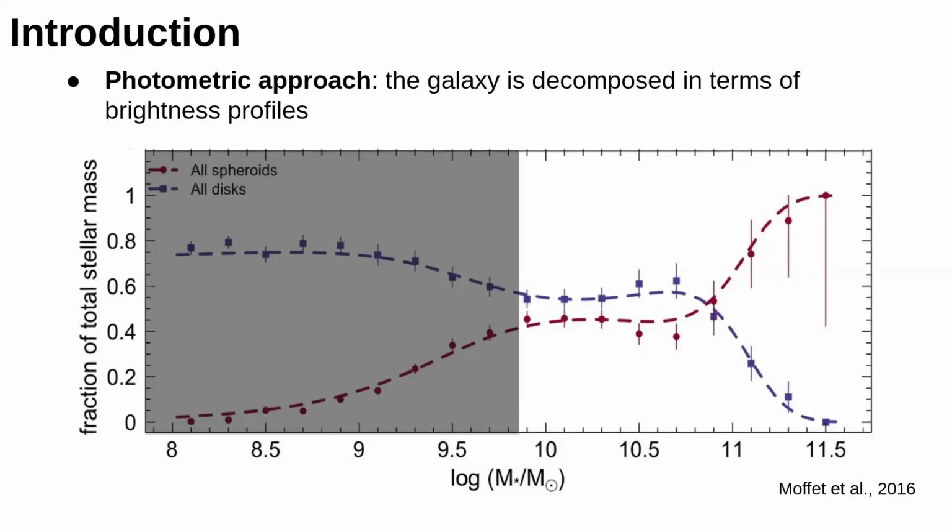And what do I mean? It means that I look at the galaxy. If I say that this galaxy from visual morphology is an elliptical, then I am already assuming to fit it with a single profile, and therefore to associate all the mass in the spheroidal component. Okay. We'll come back to this plot later on.